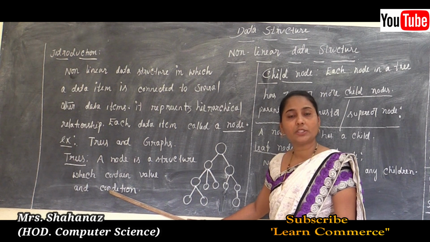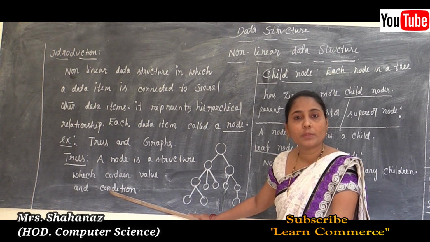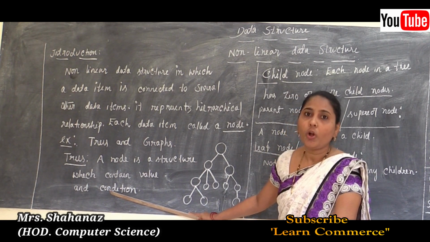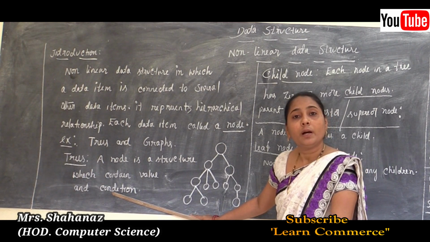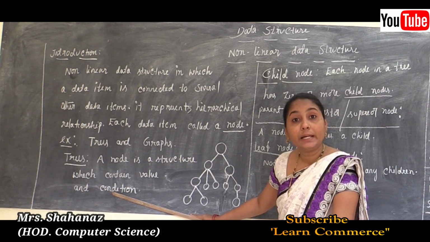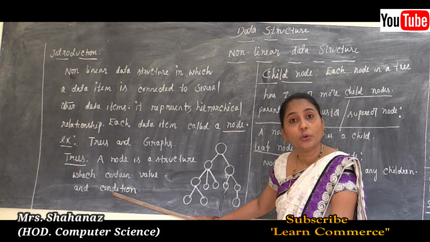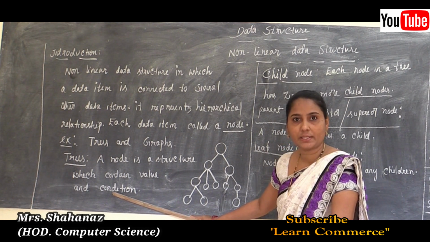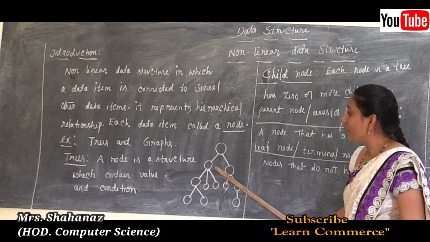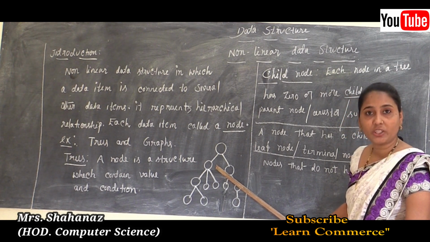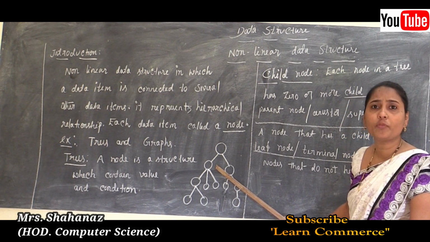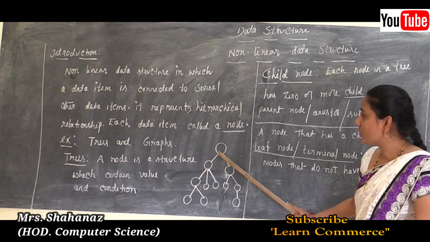That means such a node is used maybe to add some value, or sometimes for a condition, just to check the condition, and sometimes it creates a separate data structure, which could be a tree of its own in this case. So this is about our